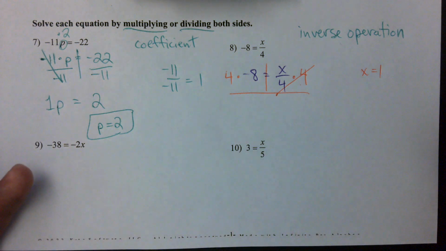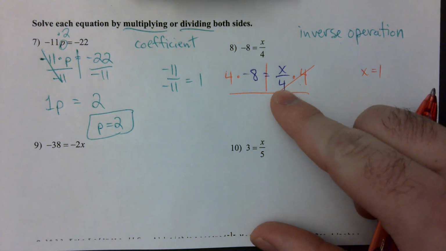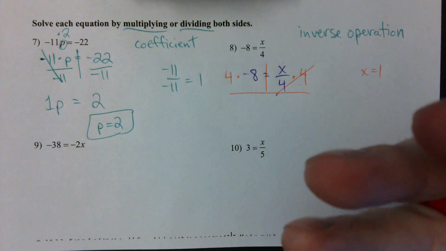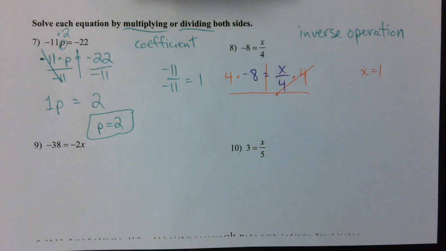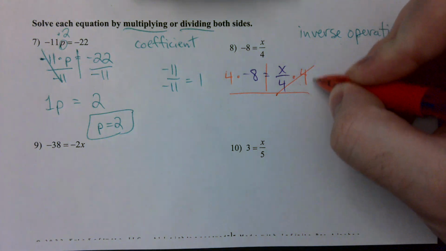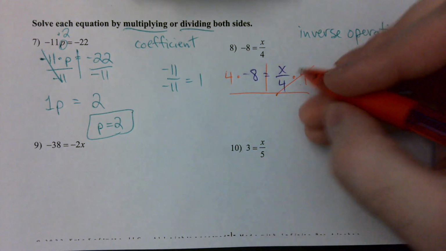Think of it like a pizza, right, in elementary school, or a pie. If you have 1/4 of a pizza and you multiply that by 4, now you have a whole pizza, right? If you and 4 friends each take a quarter of that pizza, it's whole. So if we multiply x over 4 by 4, we're essentially fulfilling that fraction, making it whole, allowing us to